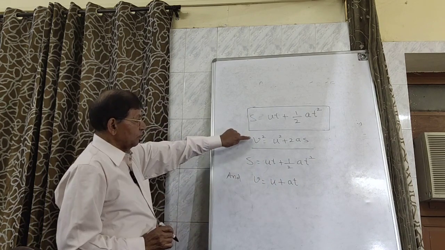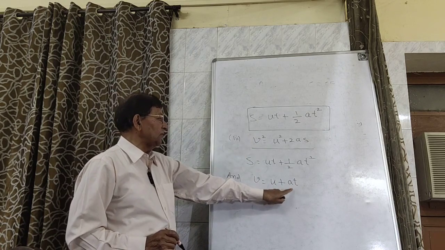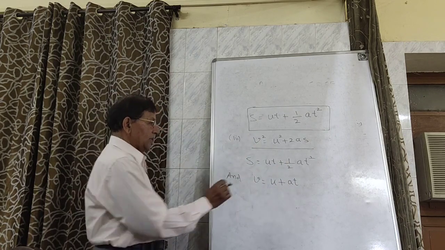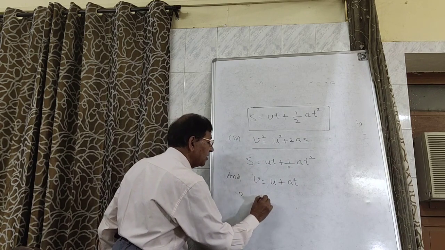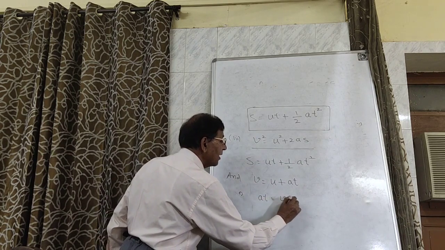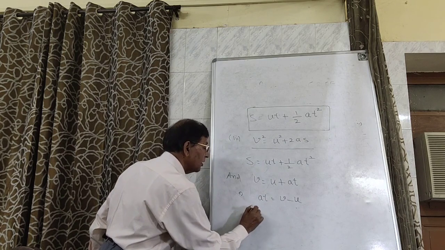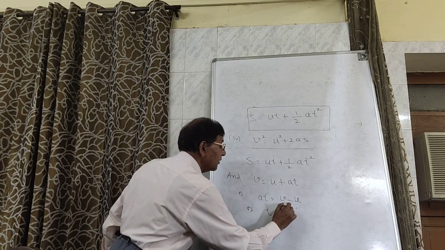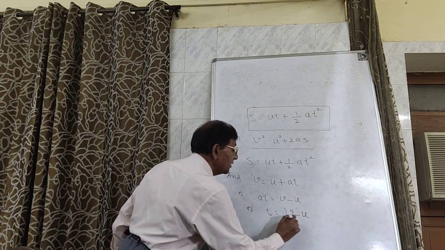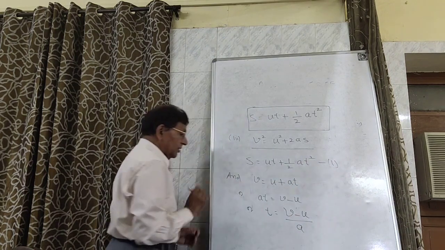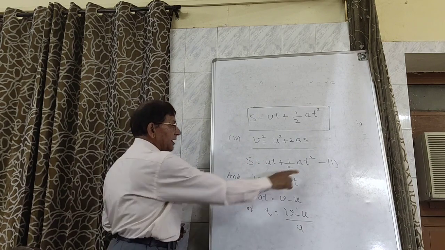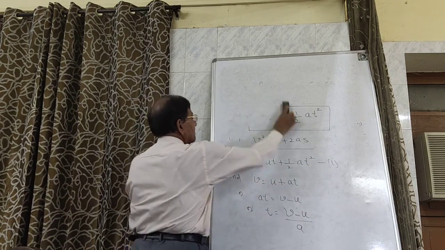To derive this equation, we have to eliminate t from these two equations. From the second, at equals v minus u, or t equals v minus u divided by a. Putting this value of t in equation 1, we get